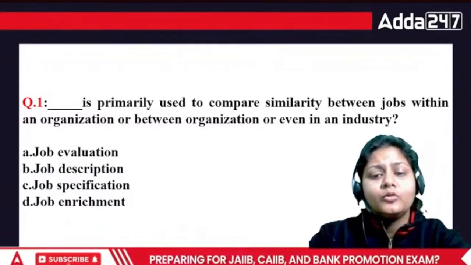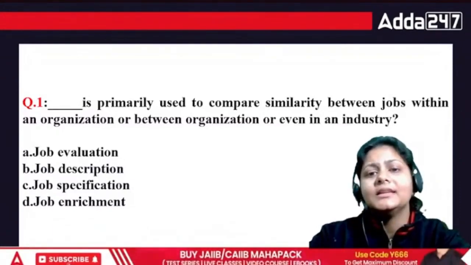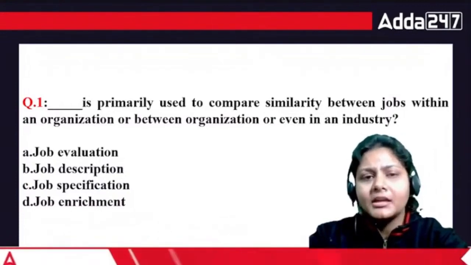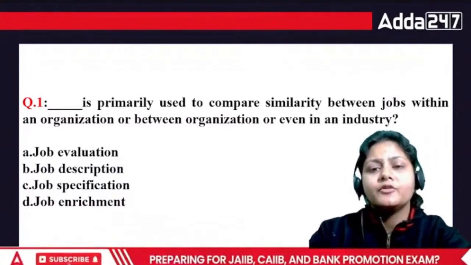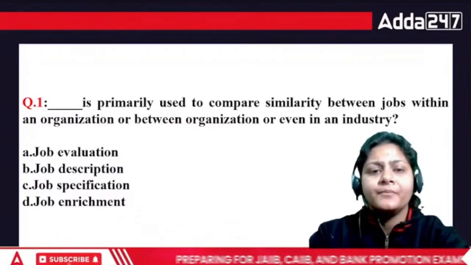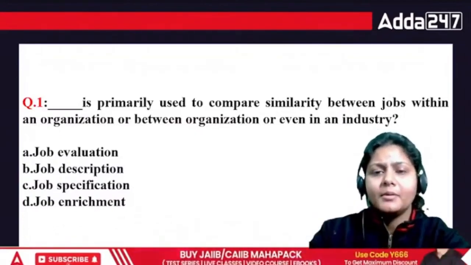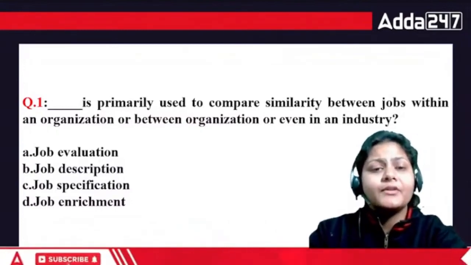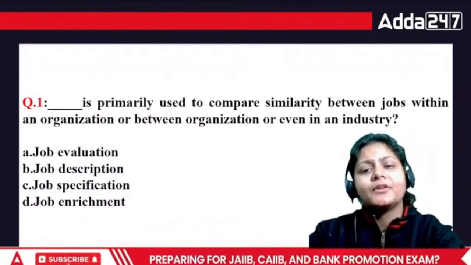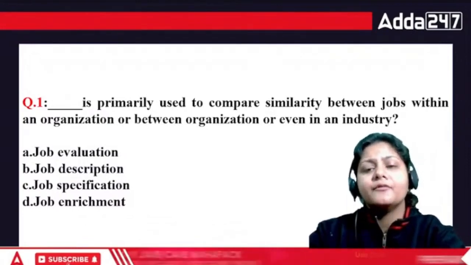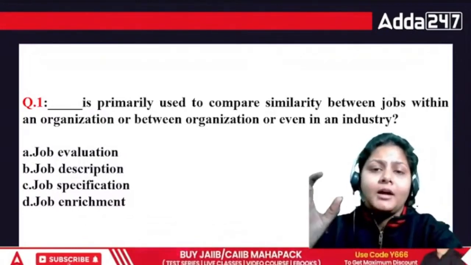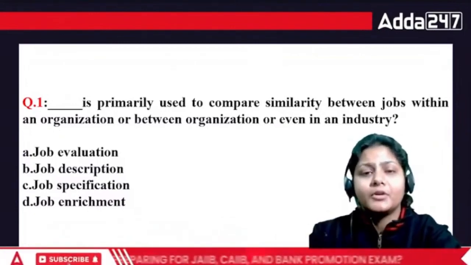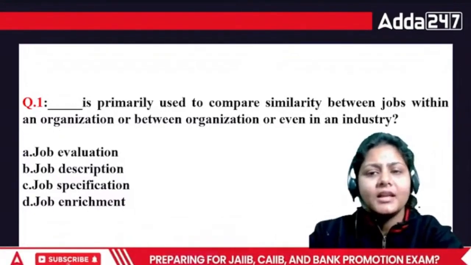So the first method is the simple ranking method. In that method you have to perform the ranking between the jobs, like in a school we did number 1, number 2, number 3, number 4. Then we have the job classification or job grading method, where based on the wages you have to decide which job is important. So class 1, class 2, class 3, class 4.